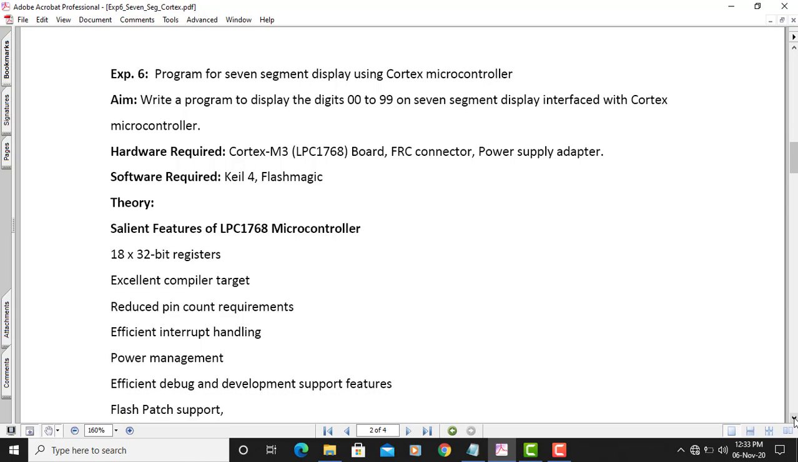Our aim of the experiment is to write a program to display digits 00 to 99 on a 7-segment display interfaced with the Cortex microcontroller, that is nothing but the LPC1768. To perform this practical we require a board with the Cortex M3, that is the LPC1768 development board, FRC connector, power supply, adapter, and